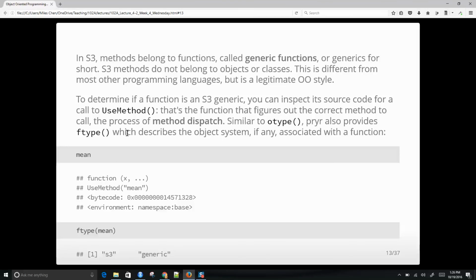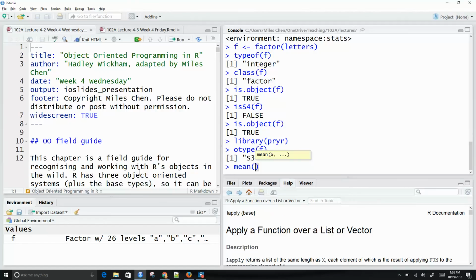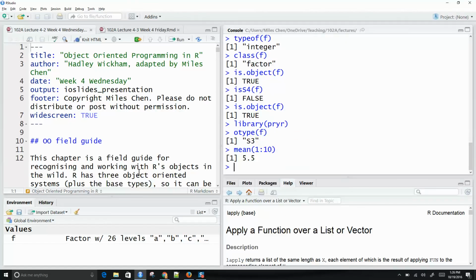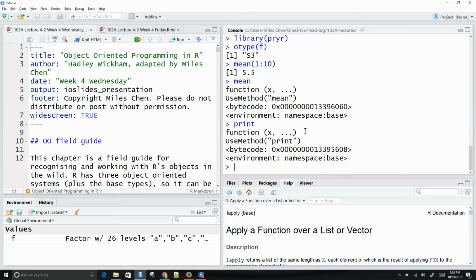And similar to otype prior, there's also ftype for a function type, and we can ask here, okay? For example, normally to call the mean function, we say mean of 1 through 10, and we'll say, oh, that's 5, okay? But if we just say what is mean, and you just type that in, you'll see in here it says UseMethod mean, okay? So mean counts as a generic function. If I ask for print without the parentheses, print is also a generic using UseMethod print,